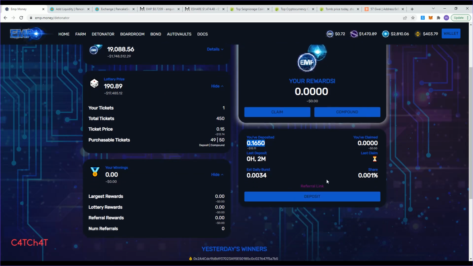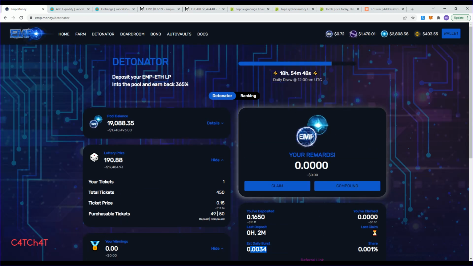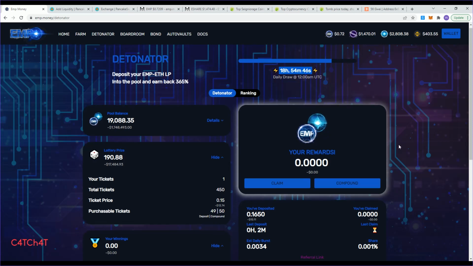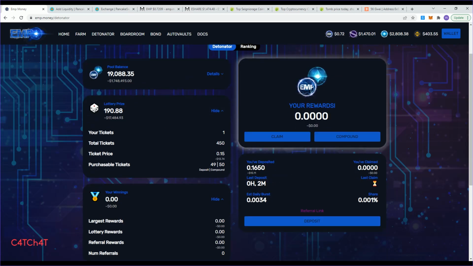And we can see actually how much I would expect to earn in terms of LP. So I would expect to earn this amount in LP over the course of this amount of time. And we can see what my share of the pool is.